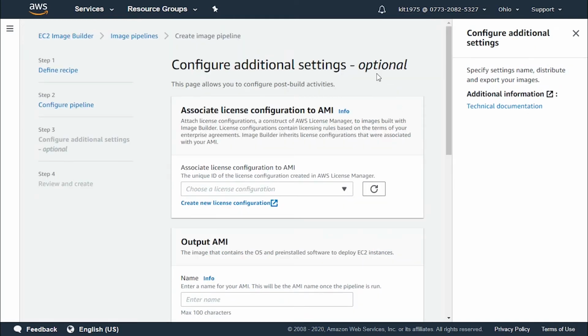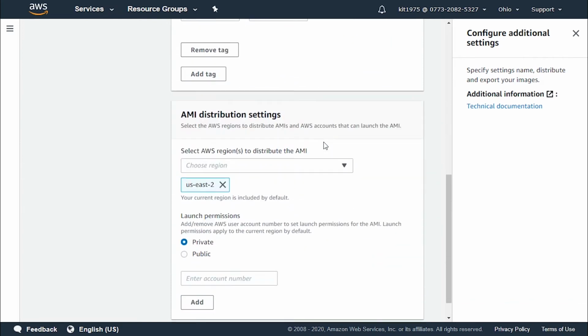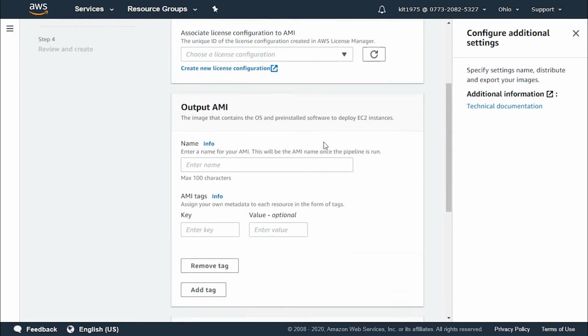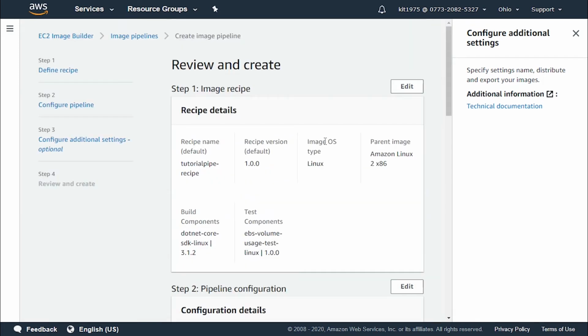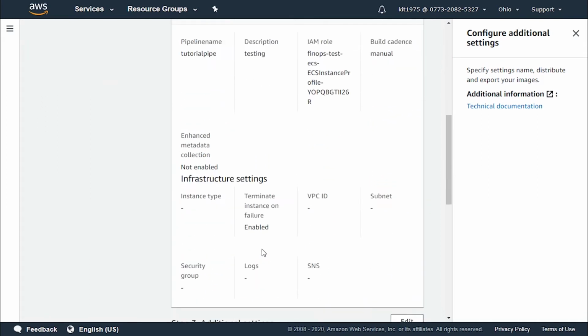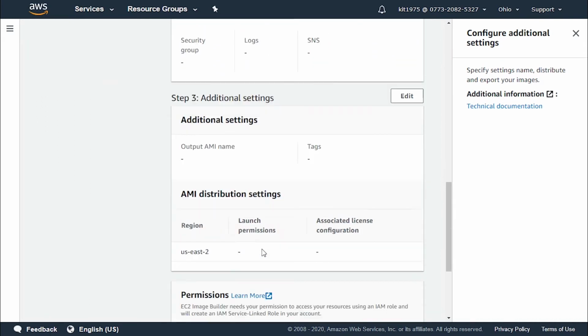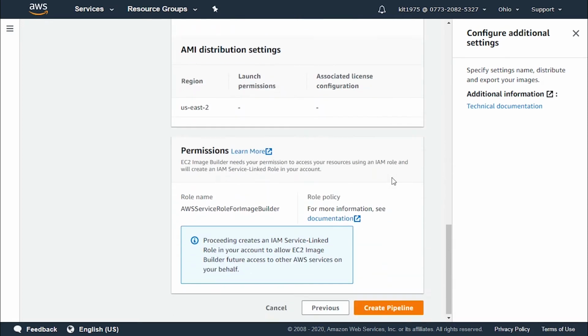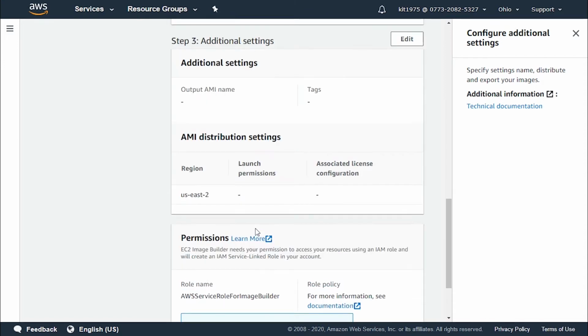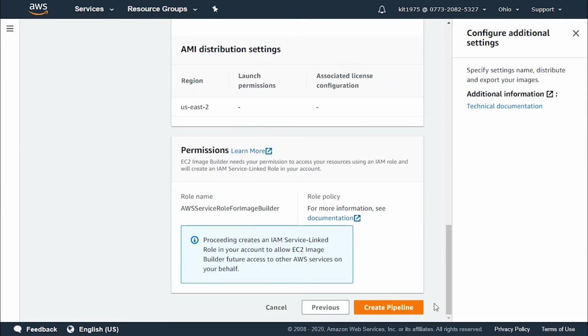This will take us to additional settings that are optional. We can go ahead and supply whatever we'd like here. And then we click on the review page where we go over all of the information that we have supplied, and in case we'd like to make any alterations to a specific section, we click on the edit button or we go to the previous pages. After filling all the required information in this process, we click on create pipeline and we will get our first